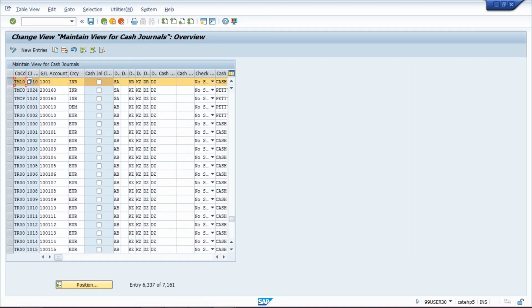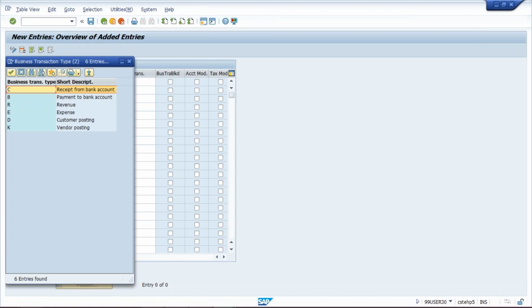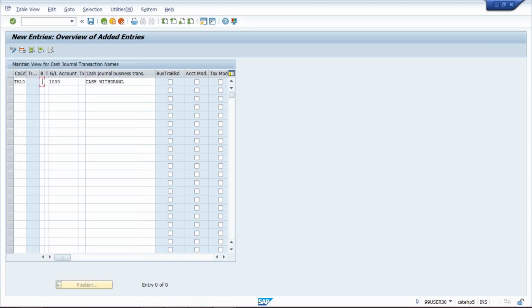So here the petty cash GL I have already linked. So the debit GL is going to be fetched by the system from here. And what is the credit GL? During cash withdrawal, petty cash is debited and bank GL is getting credited. So give your bank GL account. That is your GL number 1000. And one more thing we enter is business transaction type. Click on drop down, and what should be your business transaction type? The transaction type should be a receipt from bank account. Double click on that because we are going to receive from the bank account.